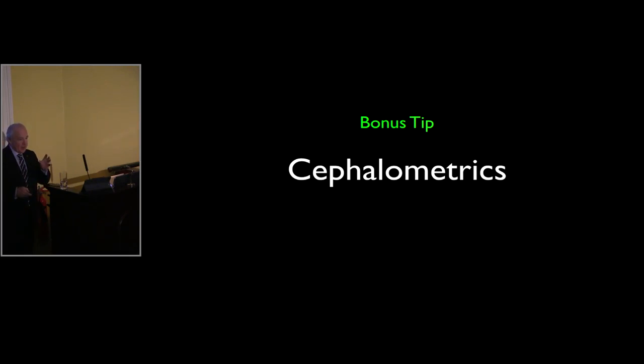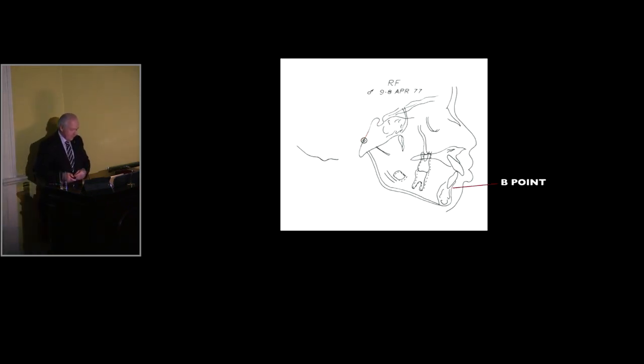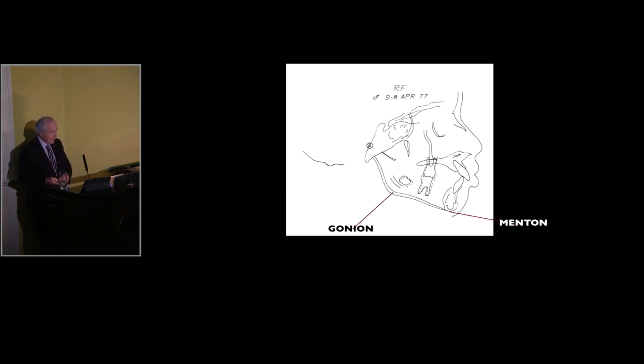This is the boring part, okay? So this is cephalometrics made easy in a minute. You could be given a tracing like this, and you will be asked to identify and put on the points on it, the most commonly used points for cephalometric analysis. So there's nasion, and we'll come back to the definition in a minute. There's sella, A point, B point, the maxillary plane, gonion, gnathion, mandibular plane,